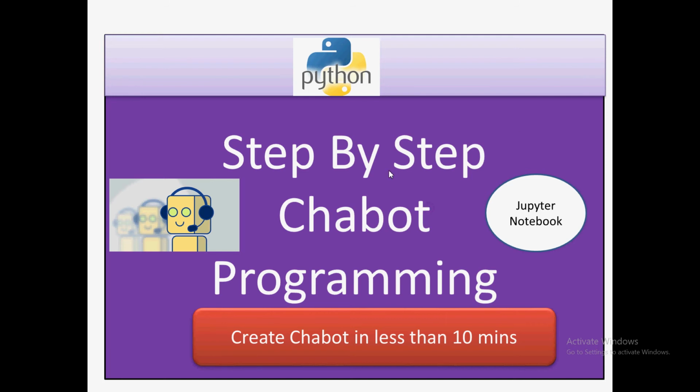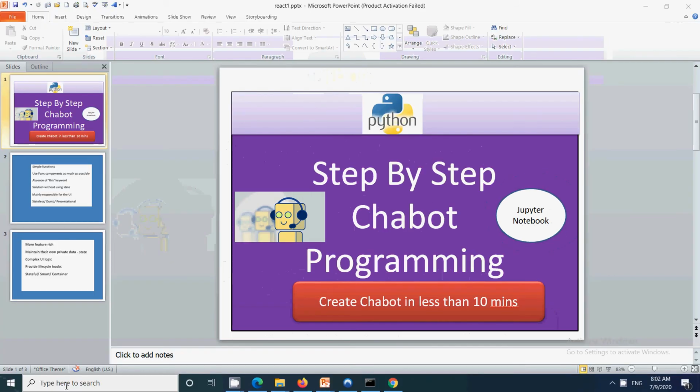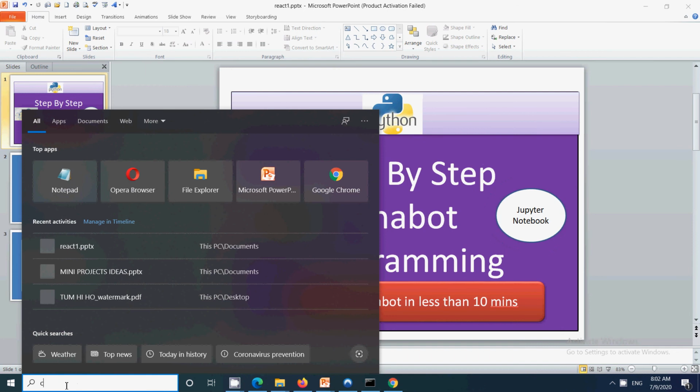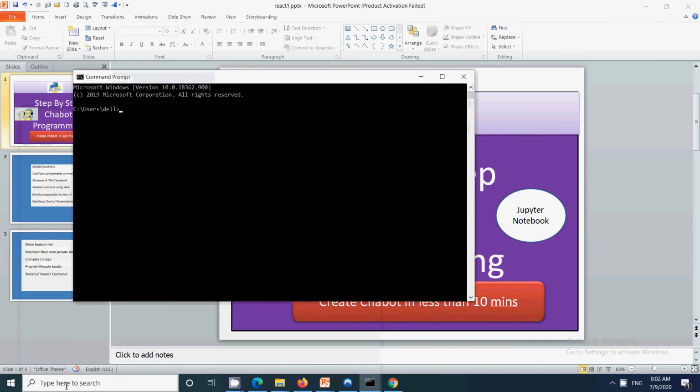So we will be showing you programmatically how you can create a chatbot. So first of all, since I said that we will be using Jupyter Notebook, just open command prompt, and first of all your Jupyter Notebook must be installed. If you haven't installed, you can install using the pip command, and once the Jupyter Notebook is installed, you just need to write jupyter notebook.